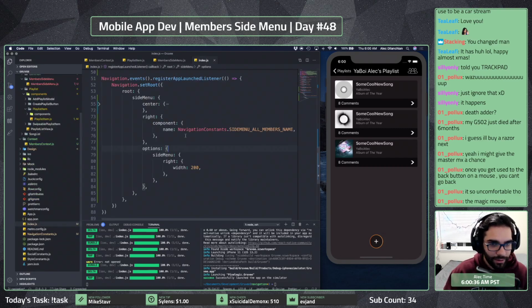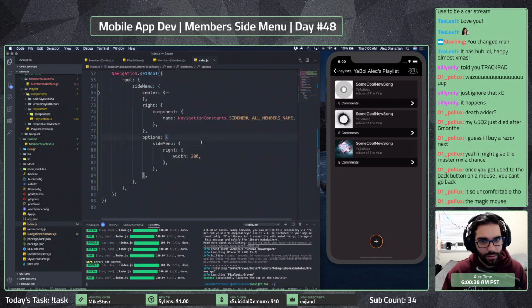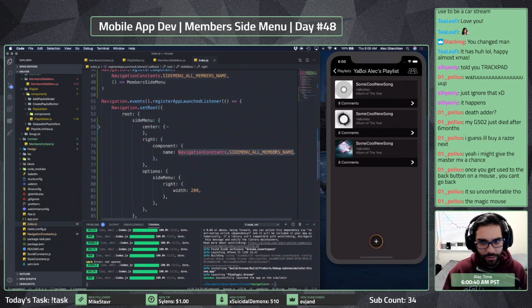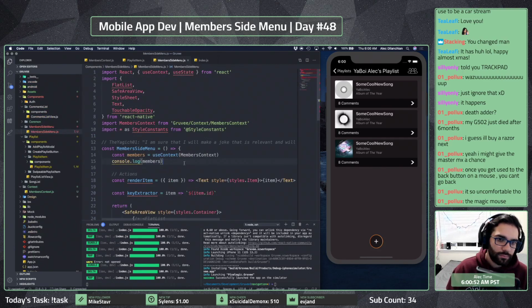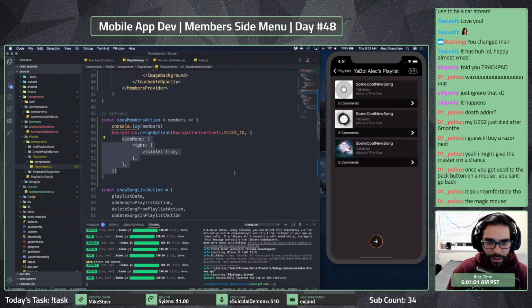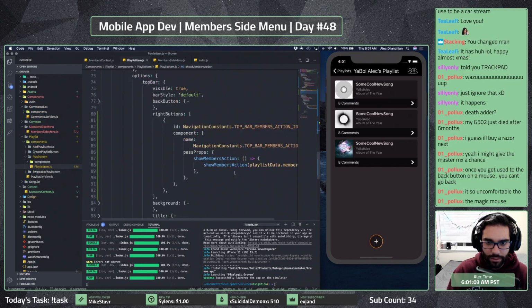And in our index, we do have our component here. Side menu, all members name. That is this guy. But how can I pass that along here?